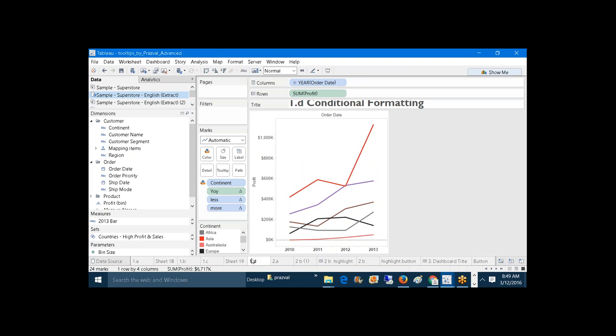This is more important than the previous one. So here I'm showing the year-wise total profit, colored by continent. So here I have year-wise total profits for every continent, and each line indicates one continent. If we click on any data point,